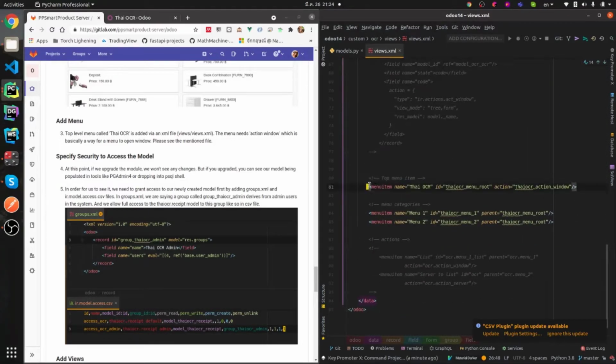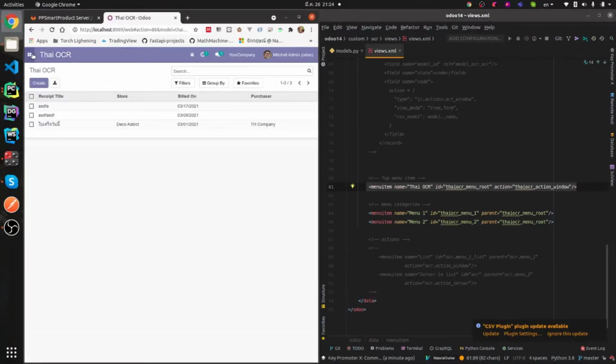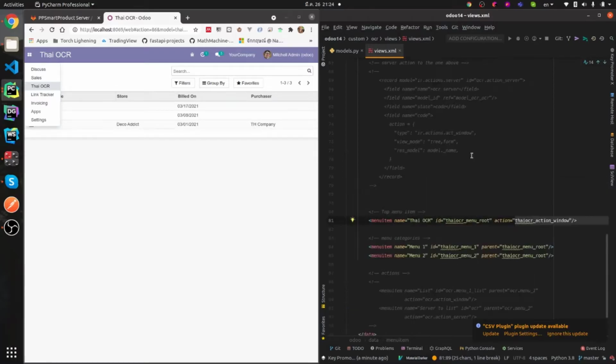I have the menu, which is this one, Thai OCR. And this Thai OCR, when you click it, it's going to check what action this menu is going to do. It's going to check out Thai OCR _action_ window, which